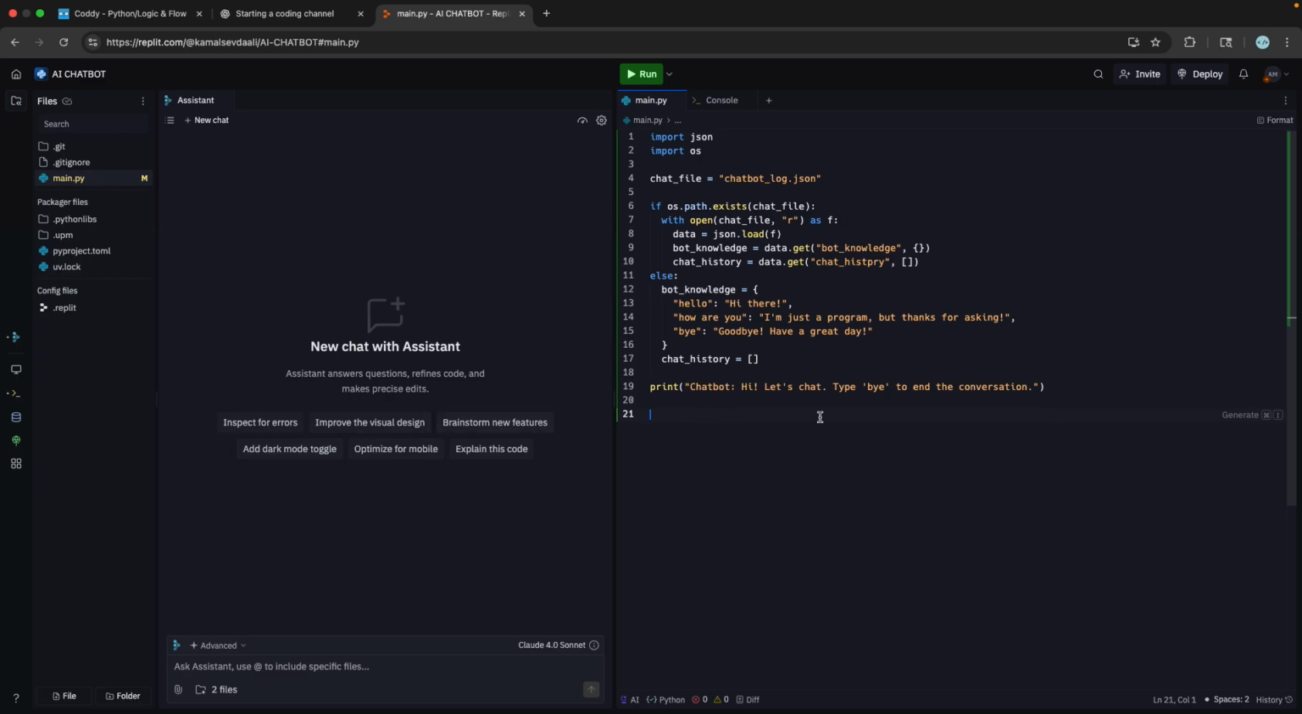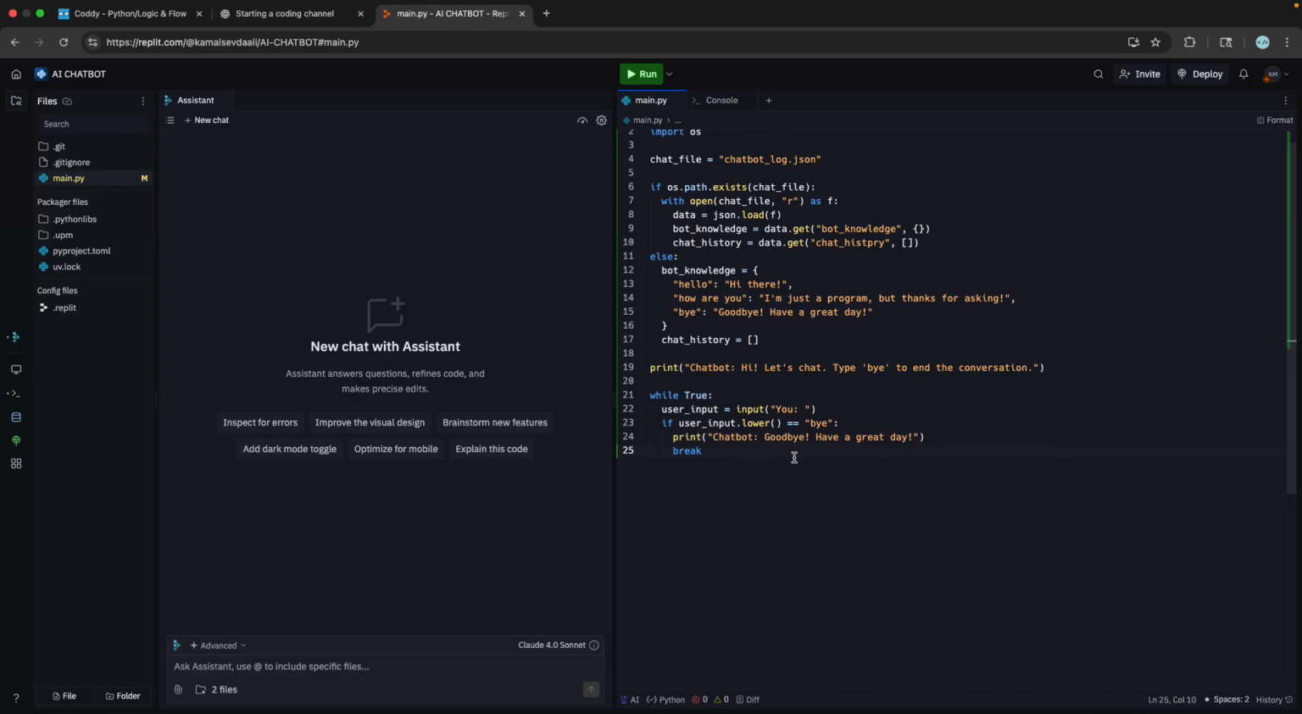So to do that, we're just gonna have to do a while loop to keep doing everything. So now the user input will just be you, and then if user_input.lower equals bye, we'll just print chatbot: goodbye, have a great day. Now if we get something, the bot response. Okay, so bot_response equals bot_knowledge.get from user